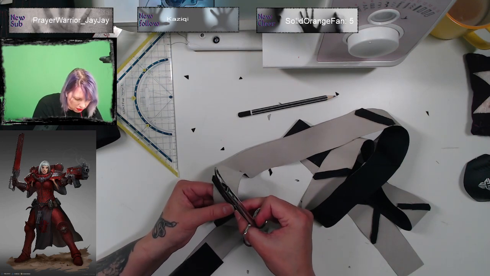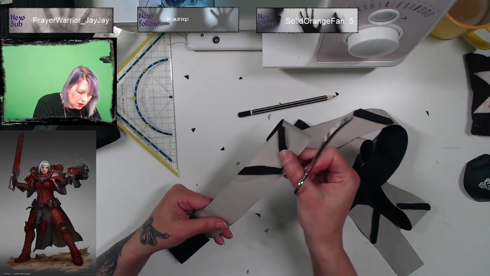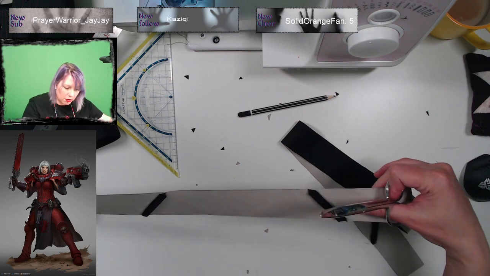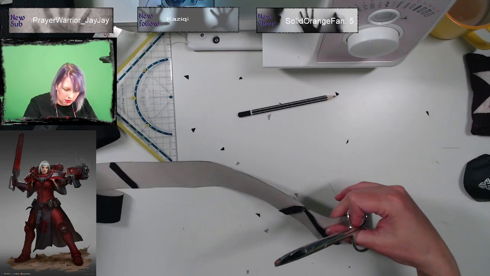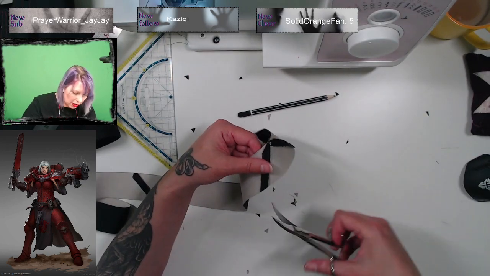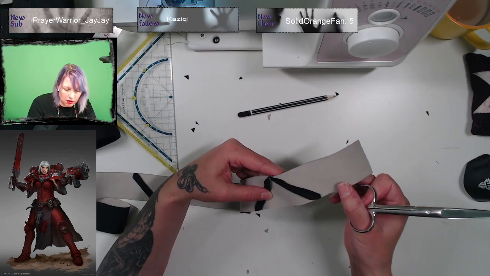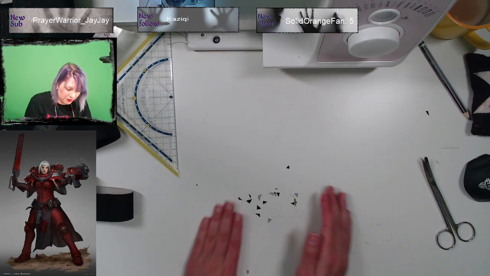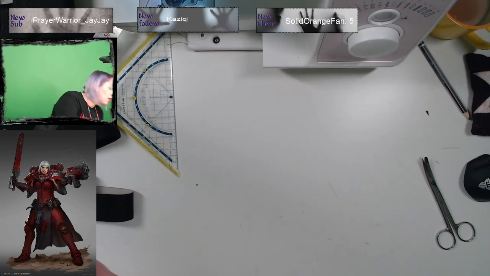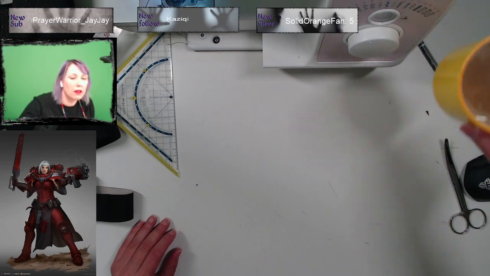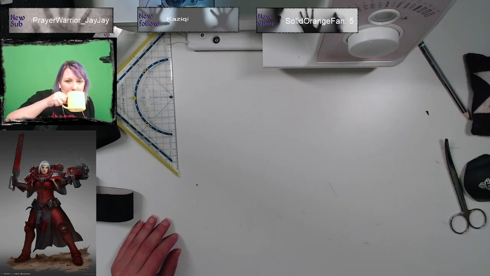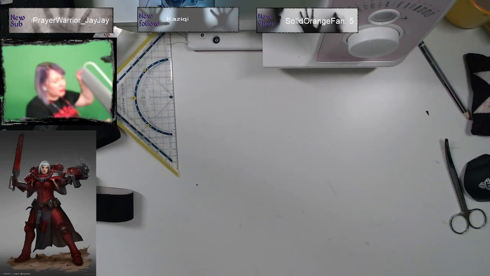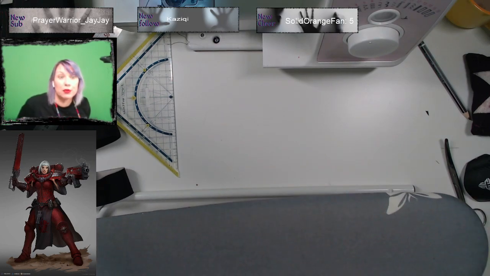There we go. Right, I think that's all the little corners. No, not completely. Forgot that one. Here we go. Right. Clean up. Now we just have to iron it, and then we can do the bones.